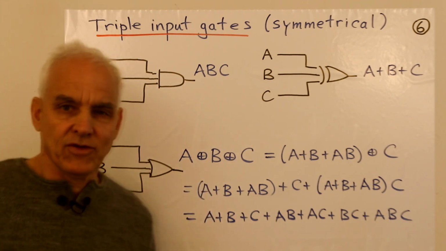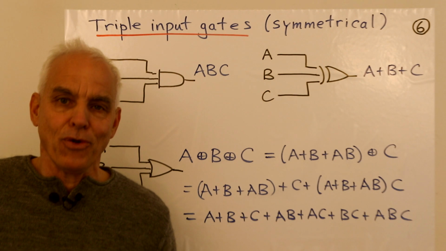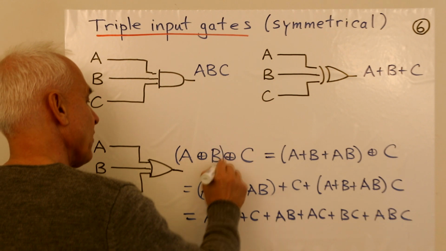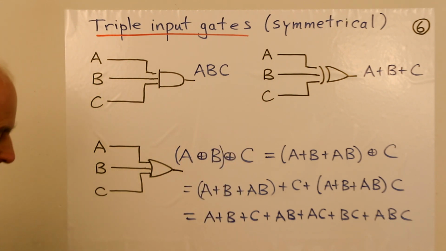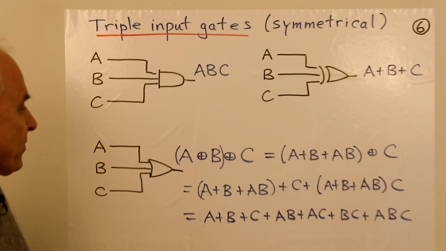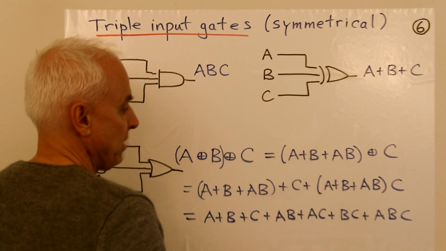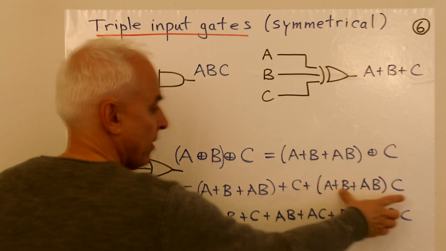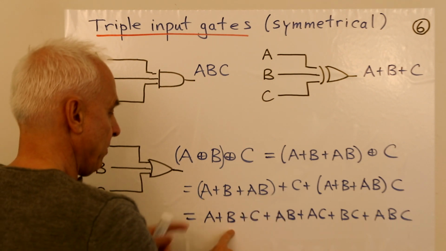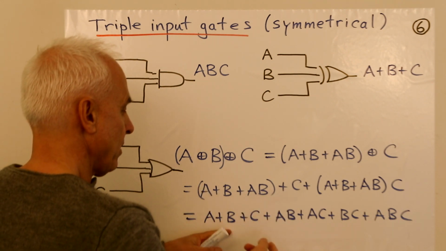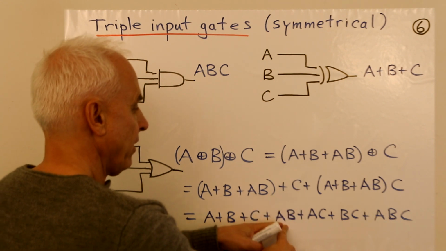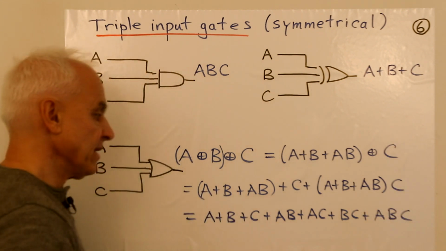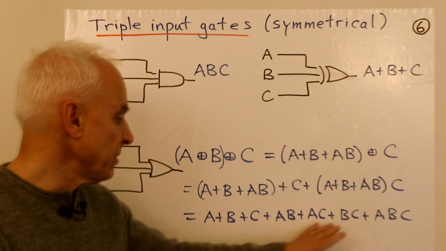And let's just check that this thing actually really is symmetrical. It doesn't depend on the ordering. So let's suppose that we introduce sort of a bracket here first so that we have a well-defined operation to algebraically simplify. A circle sum B is A plus B plus AB, circle sum C. So then we have to take A plus B plus AB plus C plus the product. We expand out. We get A plus B plus, okay, there's a C, there's an AB there. Then when we expand this out, we get AC, BC plus ABC. And there's no cancellation here because all these terms are distinct.